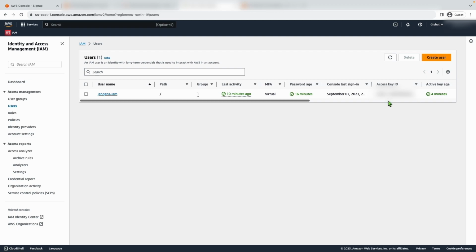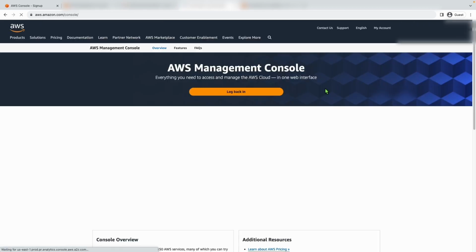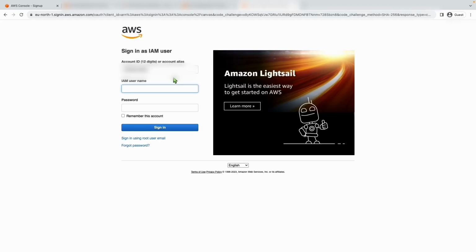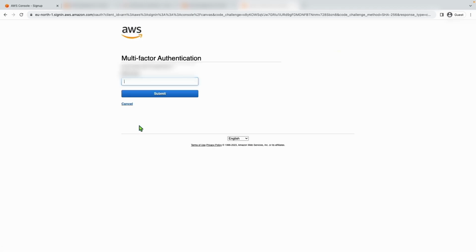We added the user to the group with permissions and created an access key for them too. So now to verify that the permissions work as expected, we can sign back into that IAM user account using the credentials, MFA,